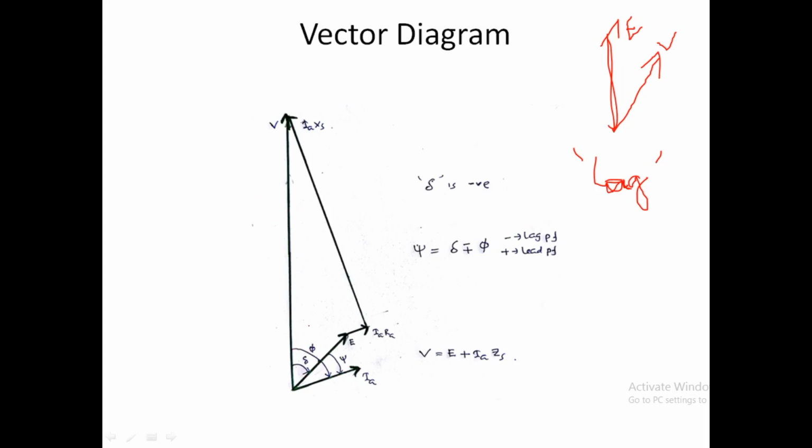And the angle between E and V is known as delta. Here E is lagging V by an angle delta. But in case of a generator, E was leading V by an angle delta. So all the leading angles are taken as positive, but lagging angles are negative. So in case of a motor, delta is negative because the reference is always voltage. So from here we will be taking the angle, from here to E. So up to this angle is delta and the arrow mark will be like this.